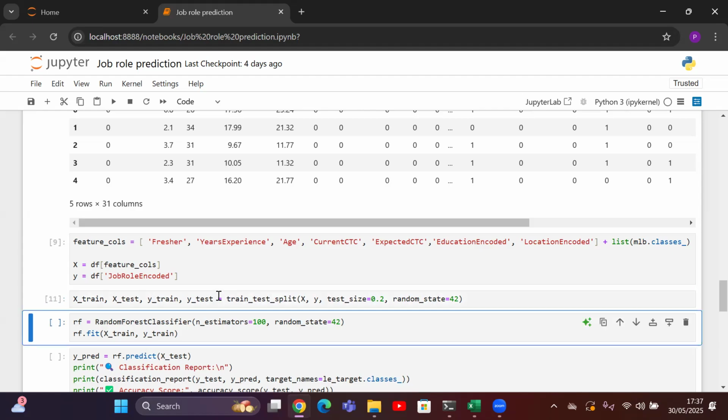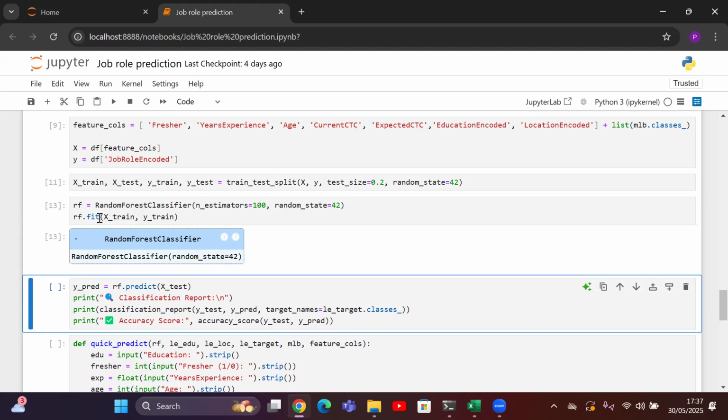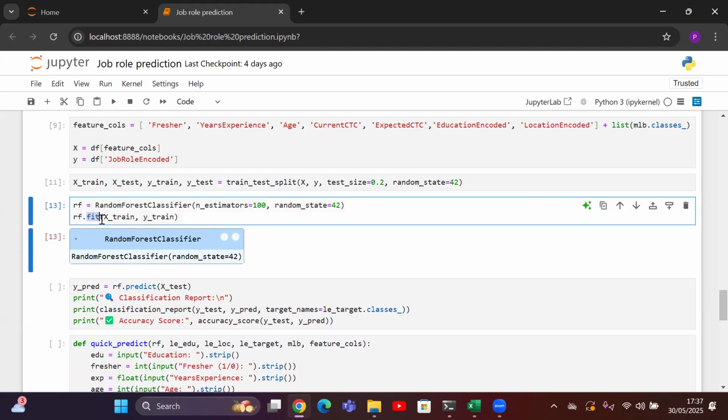Now we are going to initialize the random forest classifier, which is a machine learning algorithm that is basically an ensemble of decision trees. It works great for tabular classification problems. Let us see the training. You can see the model is instantiated, and the fit function, a method of the scikit-learn class, runs on the training data, X_train and y_train. So we can say that the model training is completed.